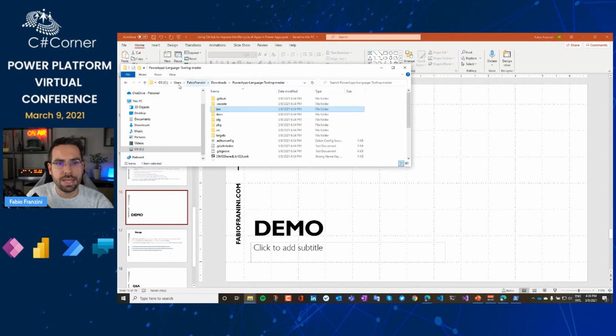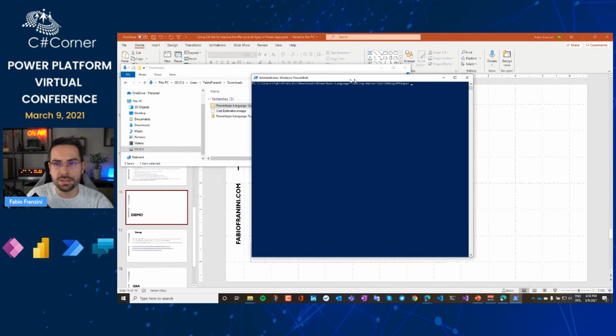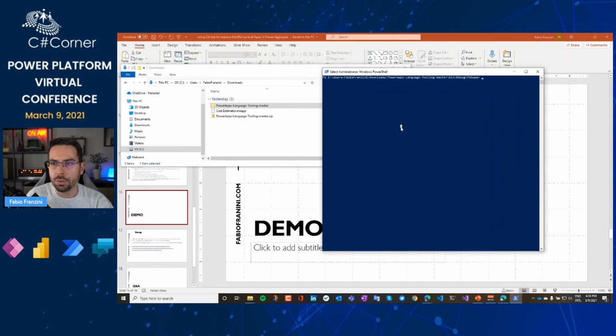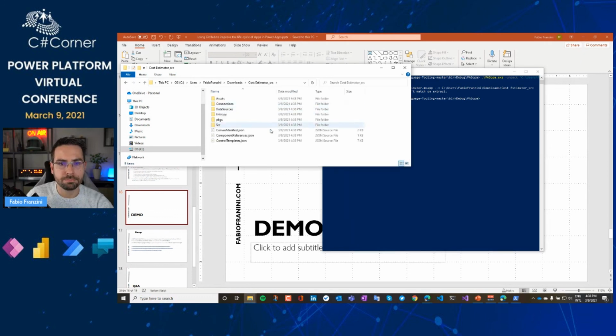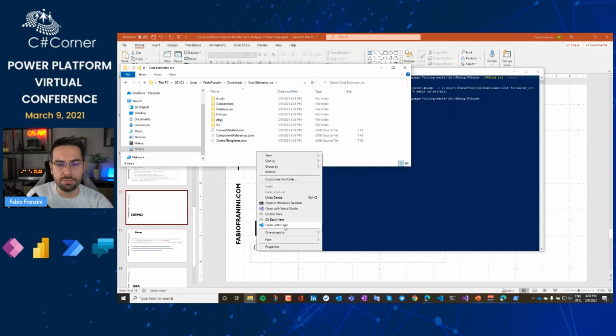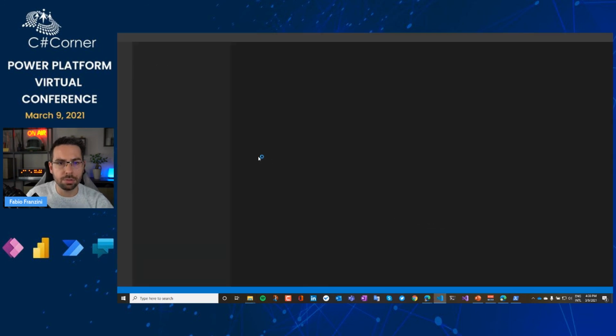So with PowerShell, we just need to execute two commands: the exe with unpack, and you need to pass the path of the file. In this case, I take this cost estimator MS app, and then if I click on Visual Studio Code,